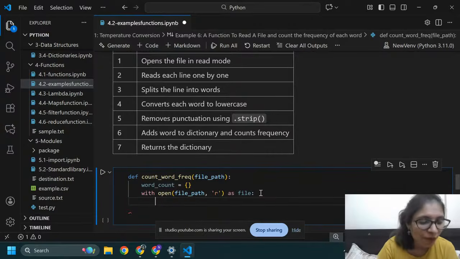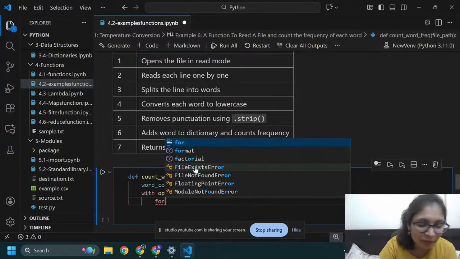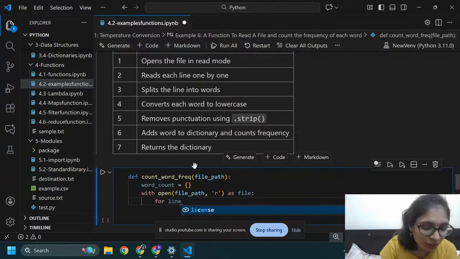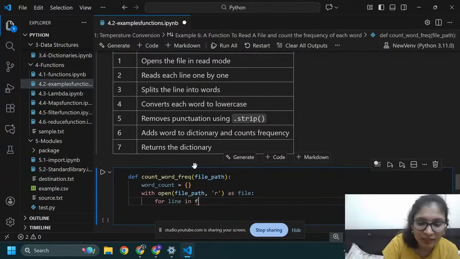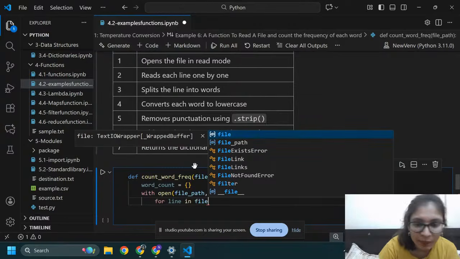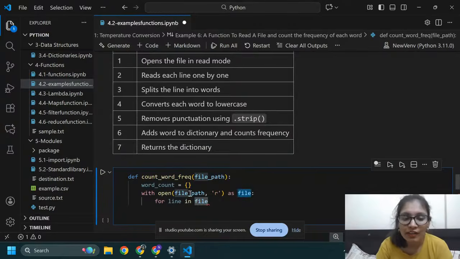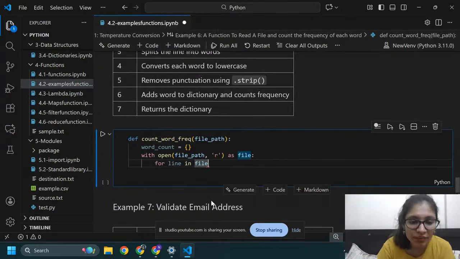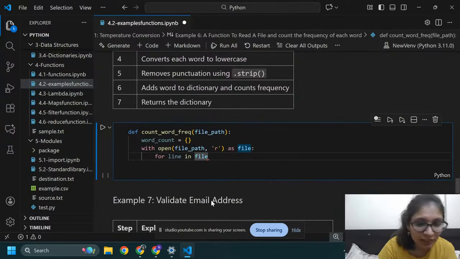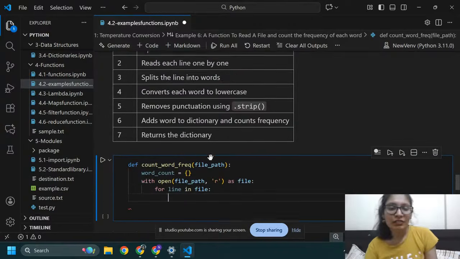Now the second line: read each line one by one. So here I am going to write code to read each line one by one using a for loop. For line in file. Here this is the file path and this is the read mode. And here for line in file I need to write colon.